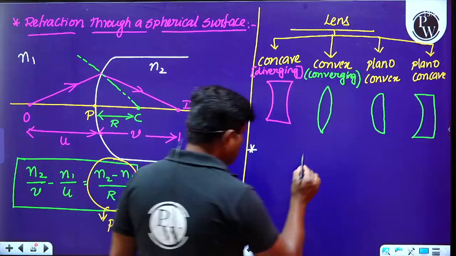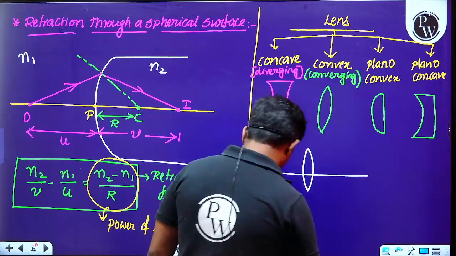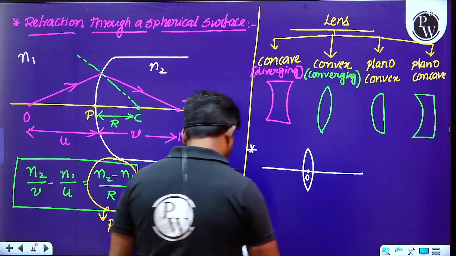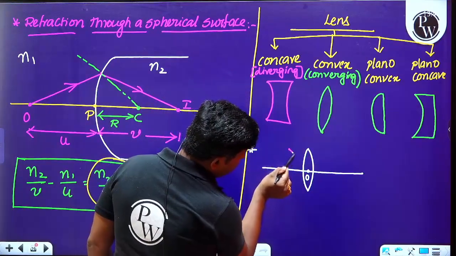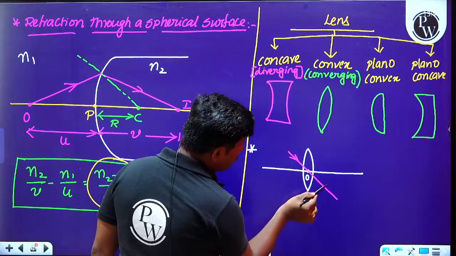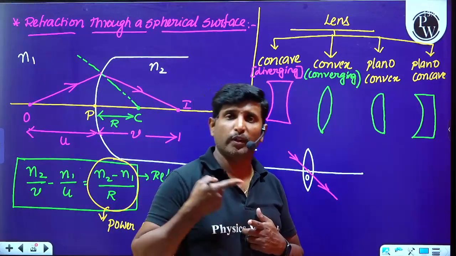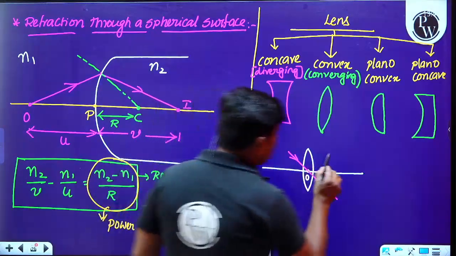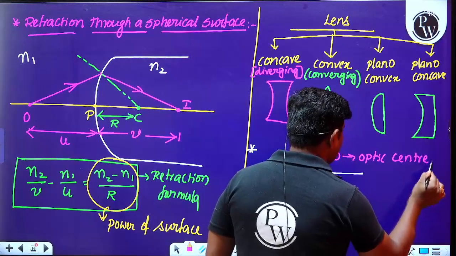Later we have to consider that whenever we consider a convex lens, there will be an optic center here. What is the meaning of this optic center? Light which is incident and passes through the optic center will go without any deviation. I am repeating, the point inside the lens through which the light will go without any deviation is called the optic center. O is called the optic center. Okay, so please make sure about these things here clearly.